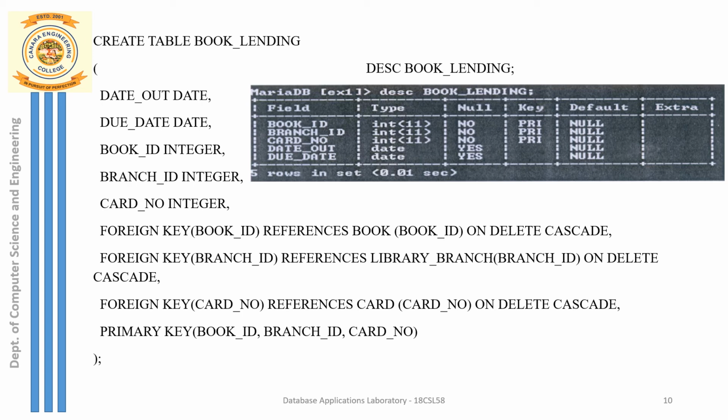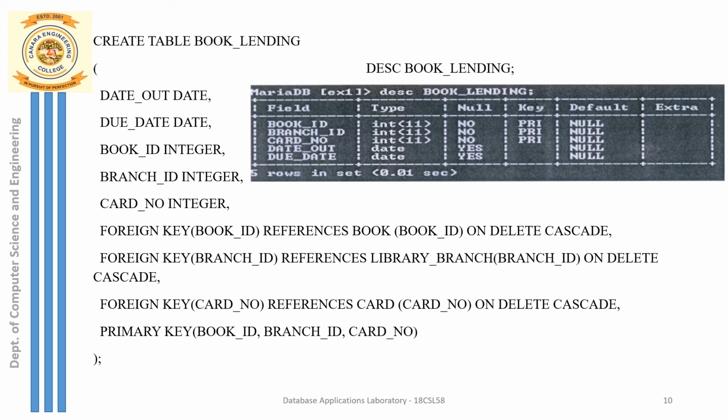Among them you can see some are familiar. What is that? Book ID and program ID are the two attributes which you have already done. Book ID was the primary key in the book table. Program ID or branch ID was the primary key in the previous table, the library table that we just created. So in the library table, program ID or branch ID was taken as primary key, and in the book table, book ID was taken as primary key. These two attributes have been referenced, or derived, so they are referencing the book table and the library table.